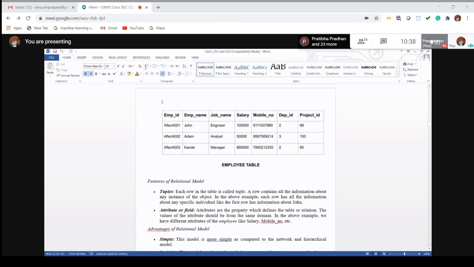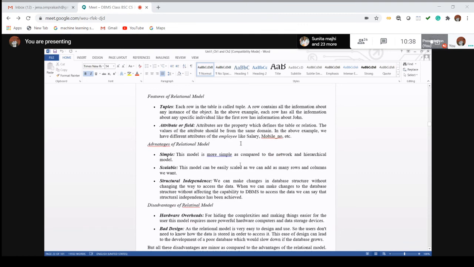If it is an employee table, it only consists of all the data records of an employee. If it is a student table, it consists of student data records. If it is a book table, it is the book table. If it is a course, it is the course detail. So there is no interdependency among those table storages. They are interrelated based on the data, but according to the structure they are free.